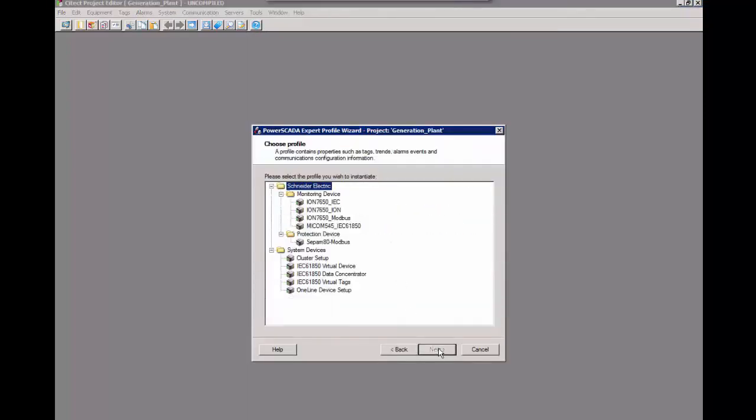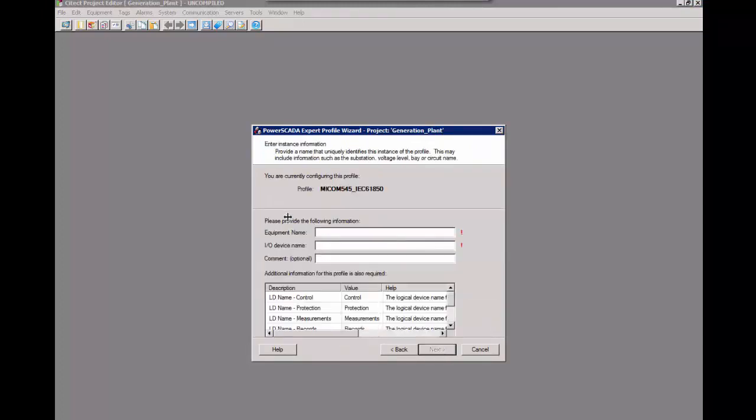So we go to SATAC project editor, click on tools, profile wizard, create an IO device in the project, choose our profile, click on next, then we type IEC61850 underscore Macom underscore 1. So this is my first device. Device 1, just the name, put my BRCB name, so system/LLN0$BR$BRCBA01. Click on next,